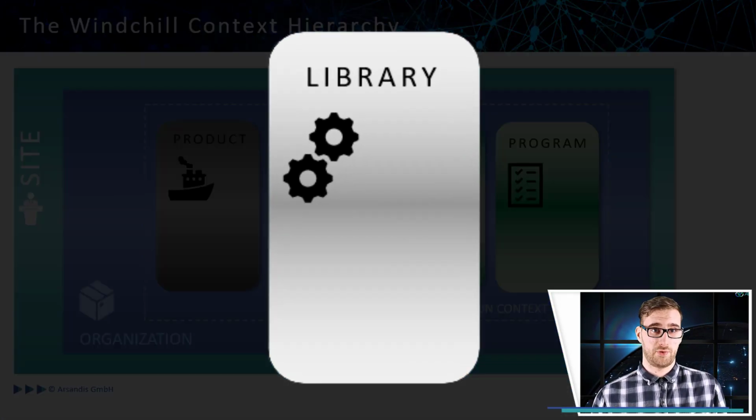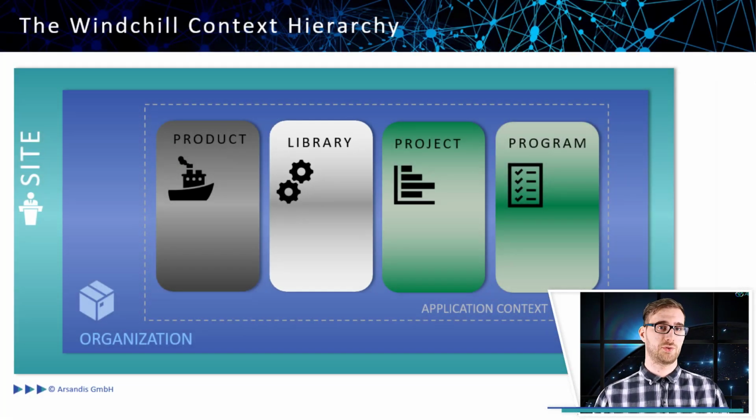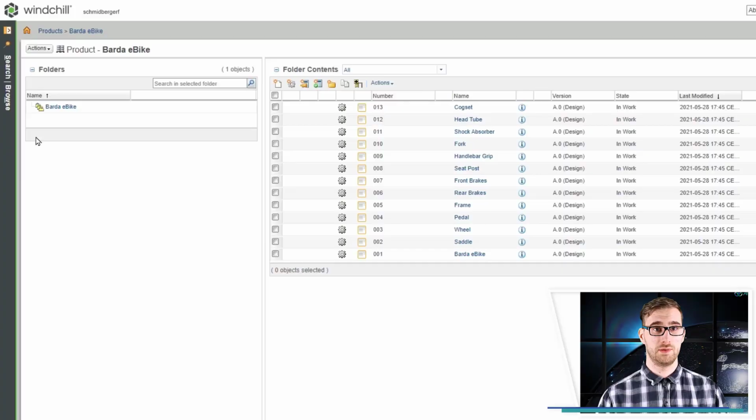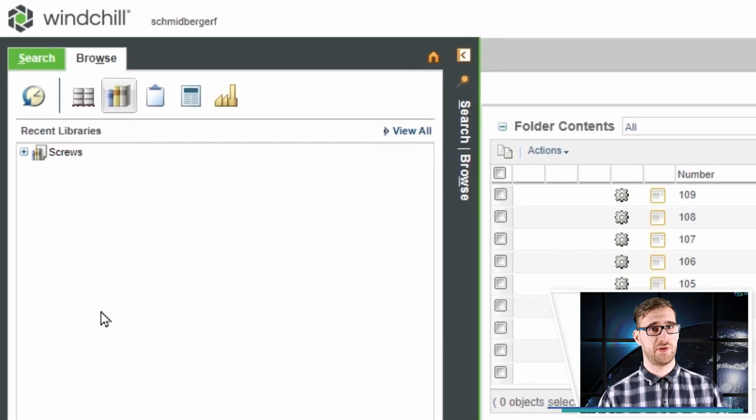Now, what are libraries for? Libraries allow you to store information that is not product specific. It could be information relevant to a department or information used across product containers, legal documents, or standard parts, like screws, for example. Nevertheless, a library is set up in a very similar way, with slight differences we will explain